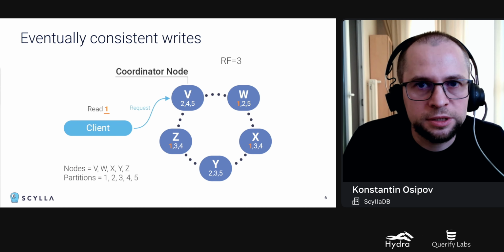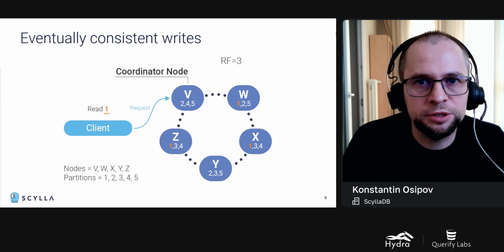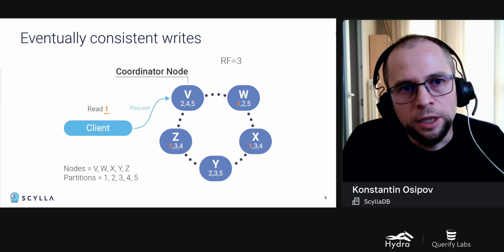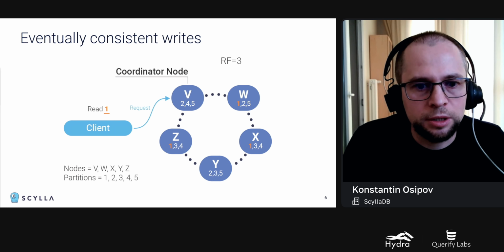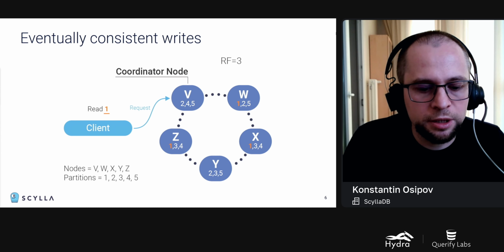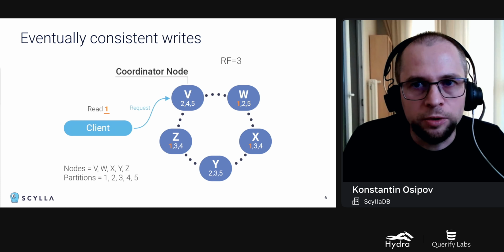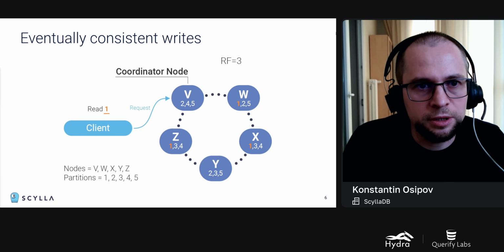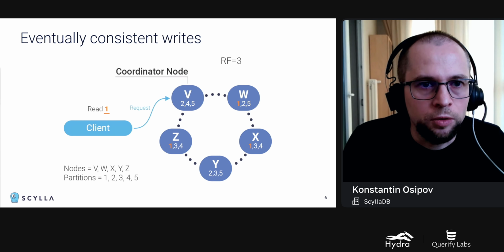Before I talk about Raft, let me just describe the landscape of Scylla: what it means to be an eventually consistent database, how Scylla handles queries, and why we have the need to scale Raft. So Scylla is a distributed, highly partitioned database. By highly partitioned, I mean that pretty much every key can have its own set of replicas. The way it happens is that Scylla uses a variant of consistent hashing, which means that